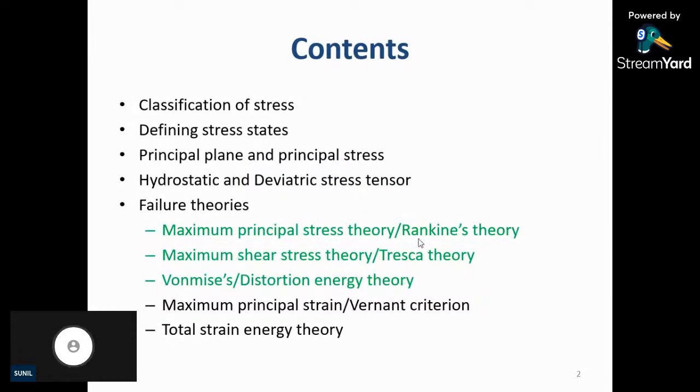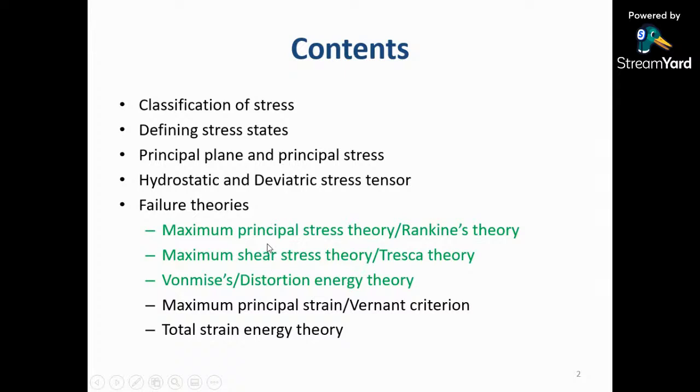So these are the topics we are going to see for the next 1 hour. Before jumping into theories of failure, we need some basic understanding of how to represent stress. What are the various types of stresses? What is the concept of principal planes and principal stress? What are hydrostatic stress and deviatoric stress? These details we require to understand theories of failure. After these basic fundamental topics, we'll proceed further into the actual concepts of